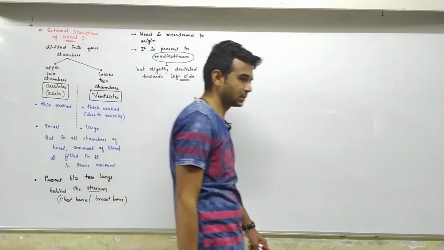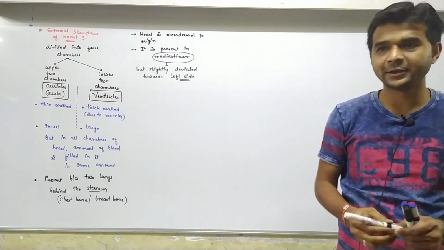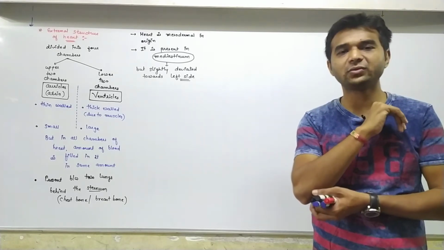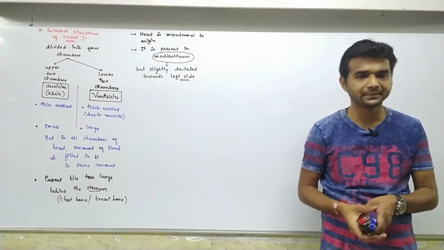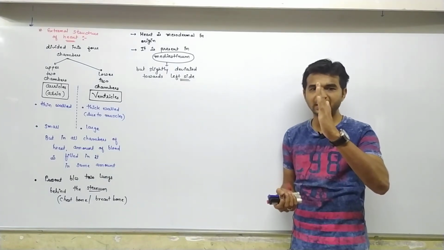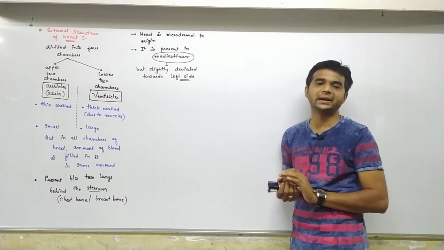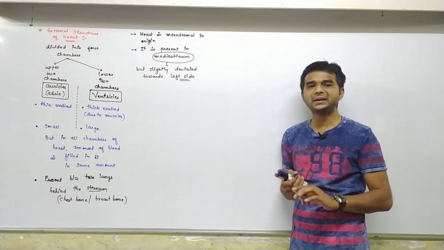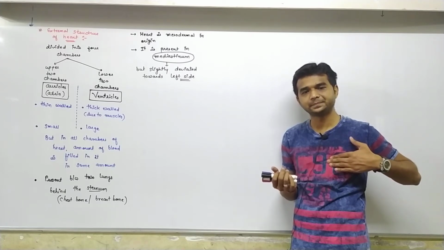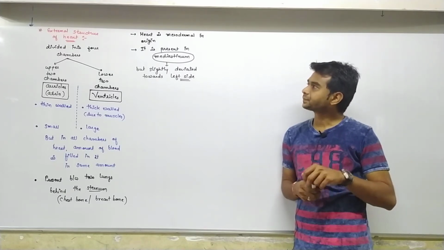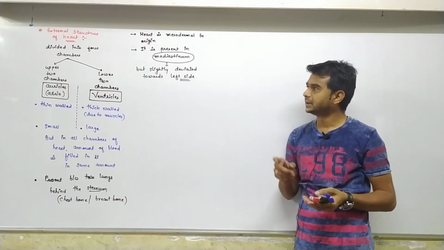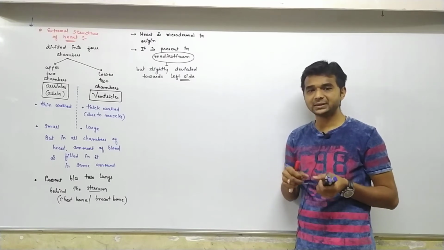In rare cases, in some persons, you observe the heart deviated on the right side, but in very few cases only. Generally, the heart is a little bit deviated towards the left side, and that's why the heartbeat is felt on the left side of the chest region. Fine. So heart is mesodermal in origin. This is an important point.